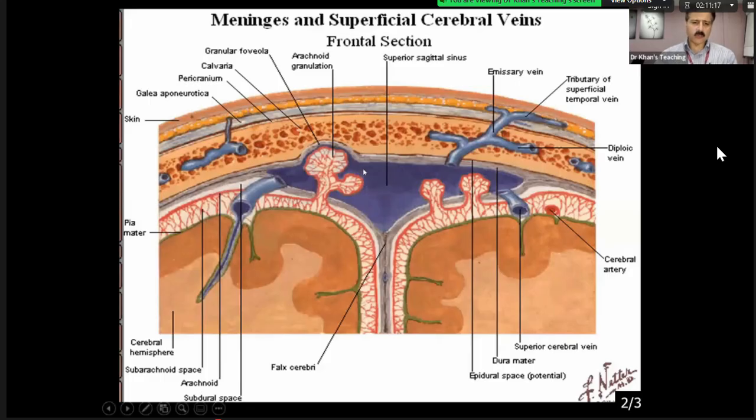So if you look carefully on this diagram, which is a coronal section through the upper portion of the brain, this is the superior sagittal sinus. First of all, see that this is the bone, the scalp. Skull has got an inner table and an outer table. And within that is the medullary cavity. Medullary cavity will have fat inside, so it will show high signal on many of the sequences of MR. Cortical bone here and cortical bone, the outer table, which will be black, just like cortical bone in, let's say, tibia or some other long bone.